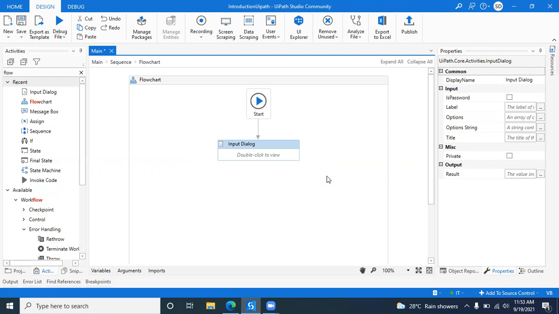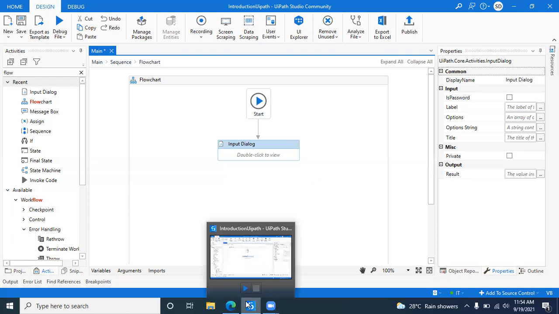If I want to divide equally, let's say my criteria is those students having an even roll number will go to class A, and those students having an odd number will go to class B. This is the criteria I want to set. This is a decision I want to make. So initially, the user should enter the roll number, and if the roll number is even, then I will divide those students into class A or batch A. And if those students have an odd roll number, then I'll divide them into class or batch B. So that is a simple task.